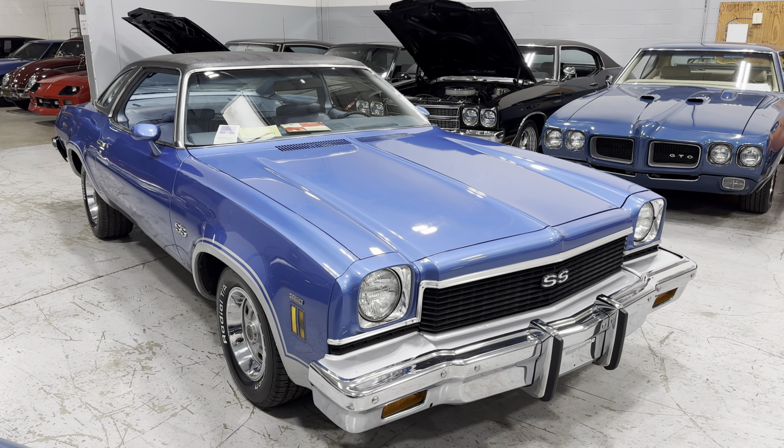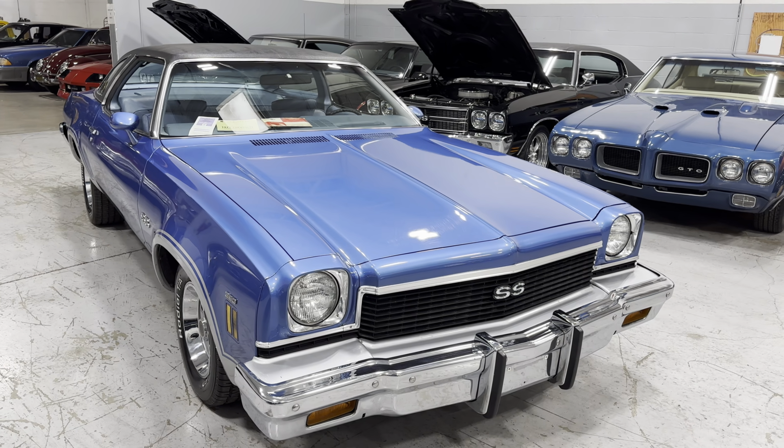Guys, gals, we don't come across a 73 Chevelle Malibu these days, and especially in this condition. If you've been looking, just pull the trigger, buy the car. Let's go, get it done. We'll get it delivered. Again, my number is